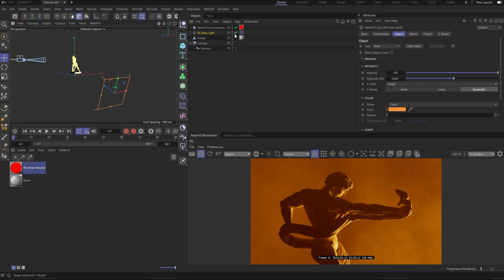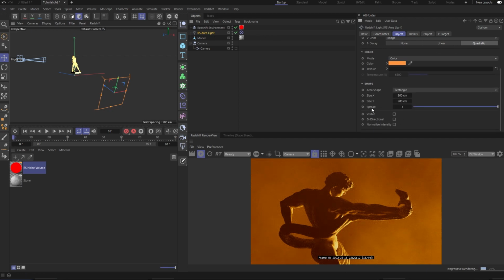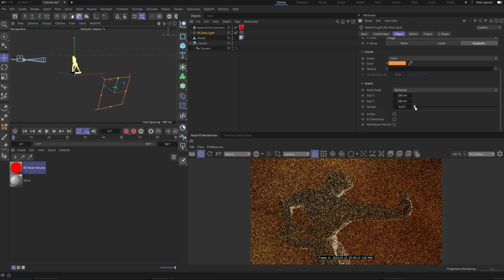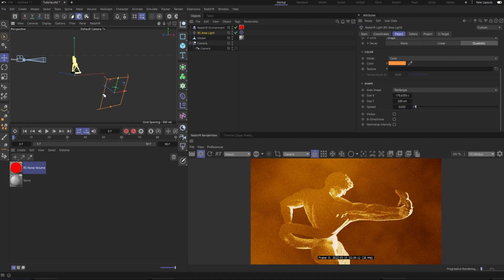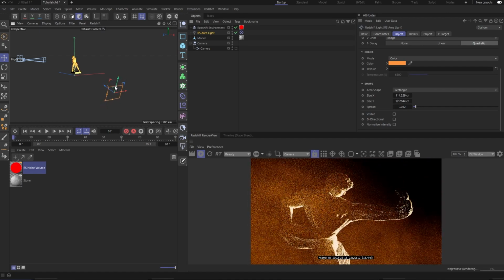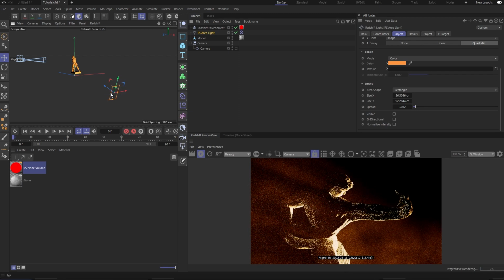Yeah, that's looking nice. One more thing that you want to play around with is this spread option in your area light. This basically dictates how much the light spreads. It might be a bit difficult to see since our light is so big. Let's make it a bit smaller. Yeah, so as you can see, it's really creating this spotlight-ish look